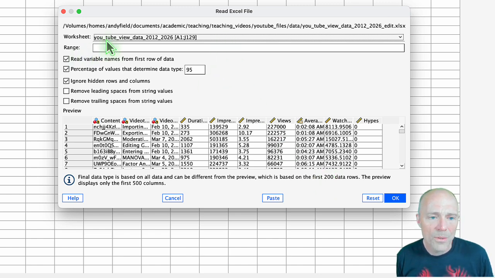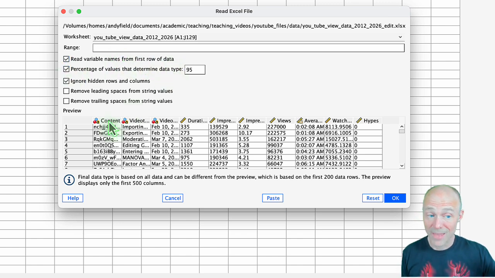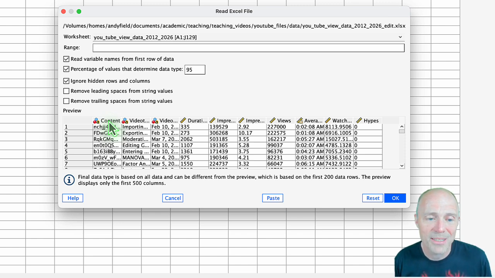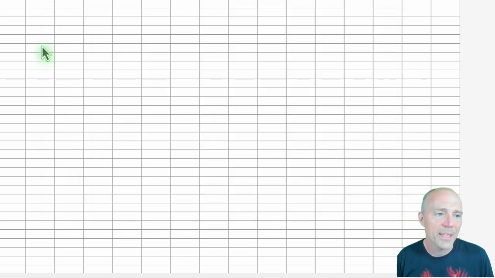And we can leave everything as it is. We don't have to select a range anymore. We can read the variable names from the first row of data because there isn't now that row of data in row 2 that's going to mess things up. And then by doing this, we can set the same options as before. We will get variable labels,